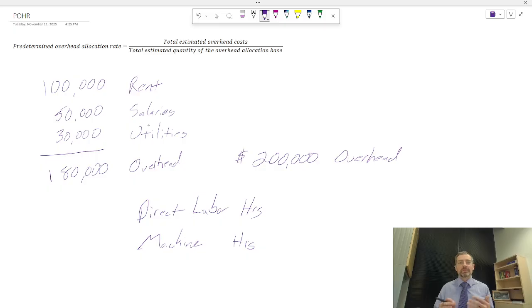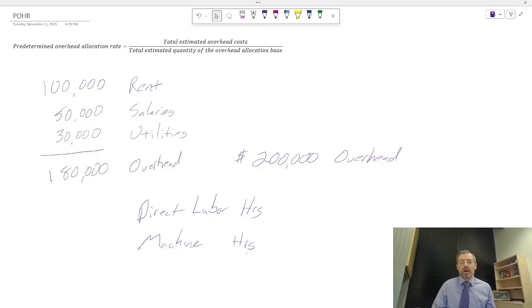So an example of the direct labor hours would be the landscaping. It would be the painting. Those are very labor-intensive activities. Building handcrafted tables, that's very labor-intensive. How about an artist when they're creating a painting? That is labor-intensive. However, if you're a bottling plant or an auto assembly line, the more important thing is how long is your machine running. So we would probably use machine hours in that case.